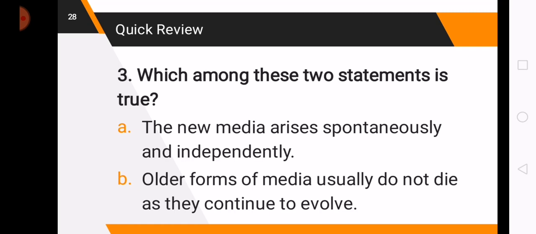Next question. Which among these two statements is true? A, the new media arises spontaneously and independently. Or letter B, older forms of media usually do not die as they continue to evolve. Read it again if you must, so that you can understand and find the best answer.